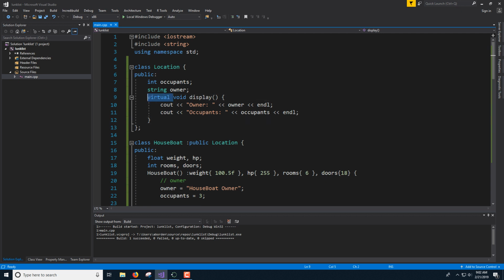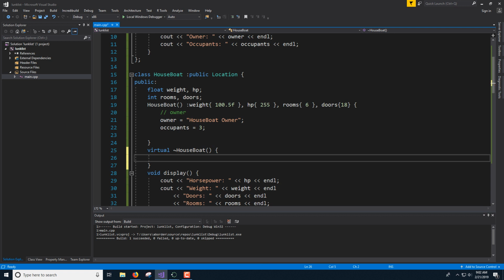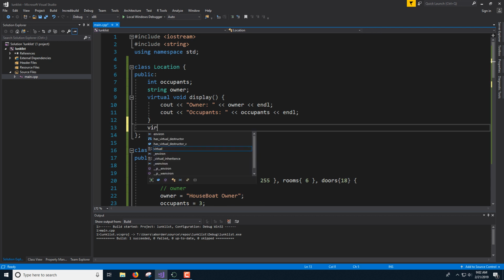But in C++, virtual is not the default version. You actually have to say virtual. Most of the time your destructors need to be virtual. And why do you suppose that is? Well, we need them to use that one,